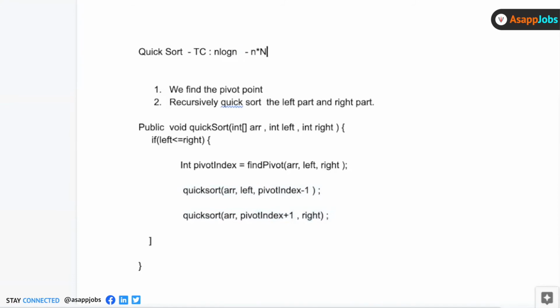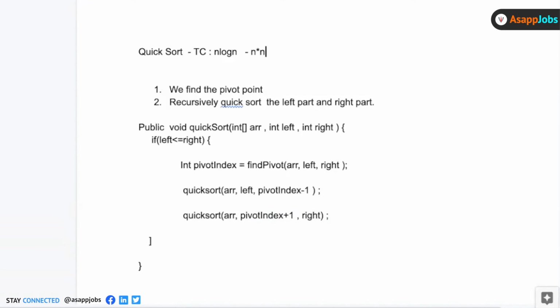Can you tell me what is that use case? What is the scenario? What is the worst case for quicksort when the time complexity can go to n square? The maximum element is at the first position. You're somewhat right. Basically, if we have an array in completely descending order.